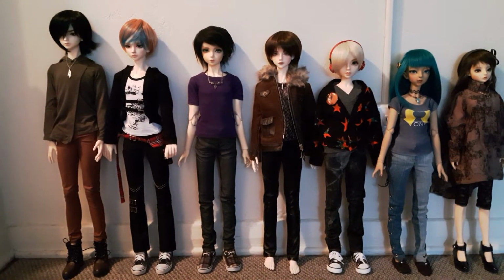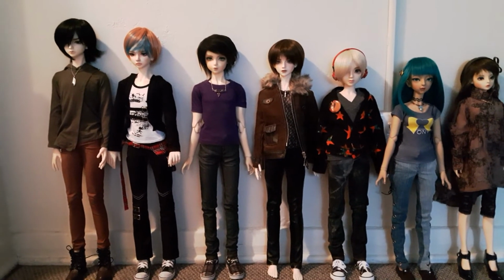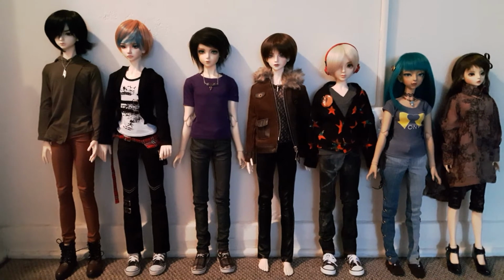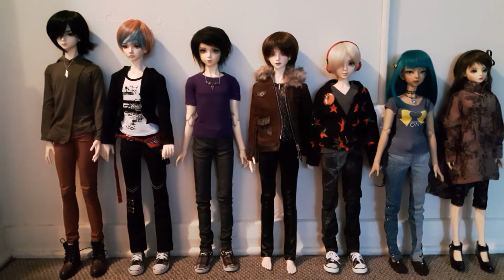Like, I don't know what happened to him. He's just a little bit freaky. He's a bit of a Frankenstein. But I'm just dealing with it. But anyway, he's definitely peachier than this new body I just got, which is really nice and was very